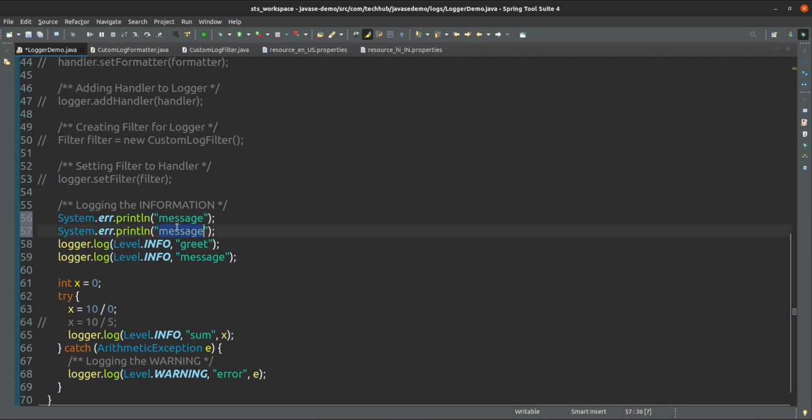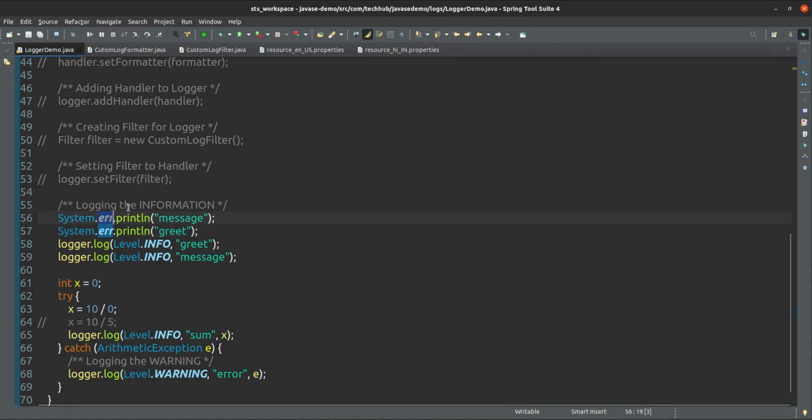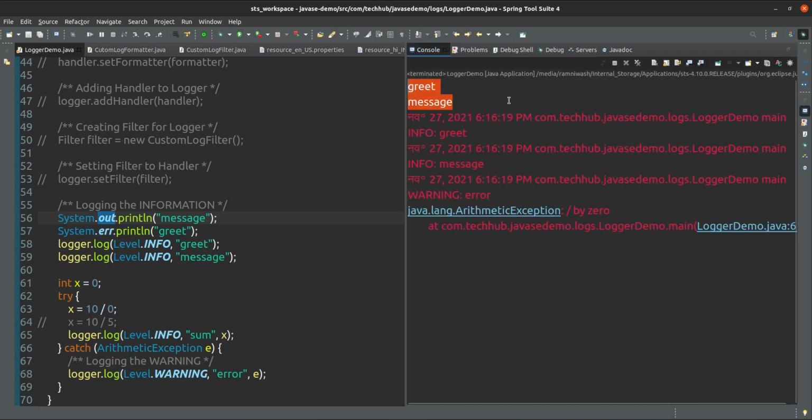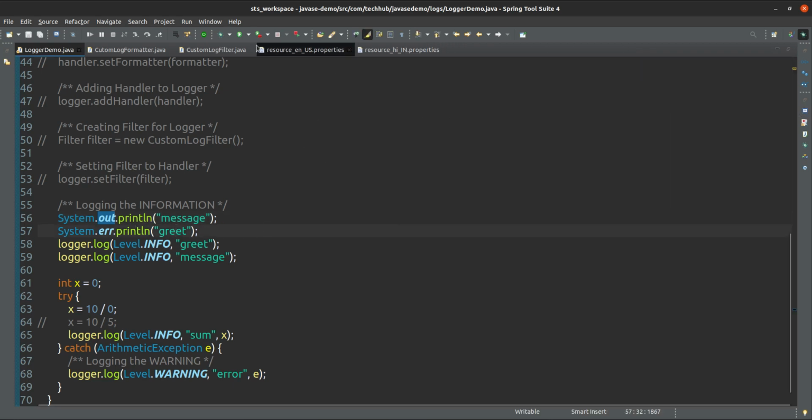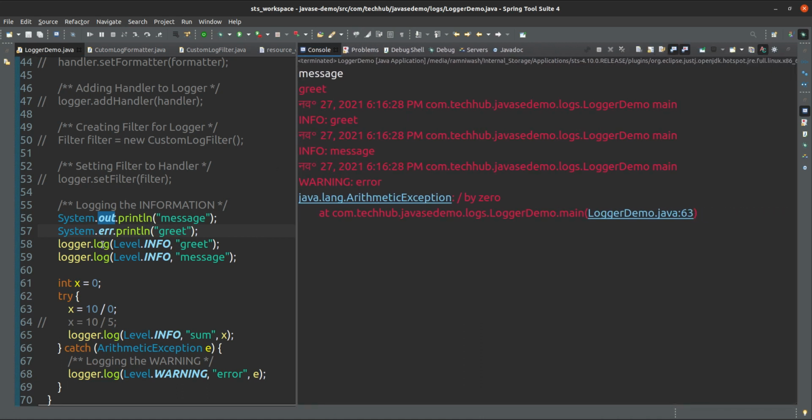The message and greet is coming only, or you can use out, no issue, it's up to your choice. This is the output for the message and greet, but we are not getting any other information along with it. But if I am using logger, then I am getting some specific detail.